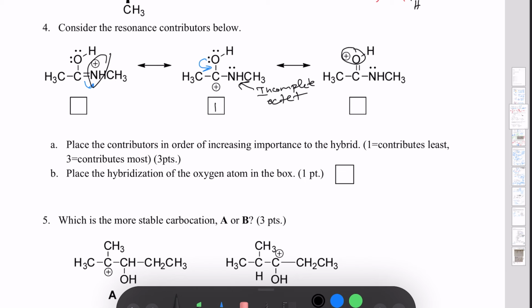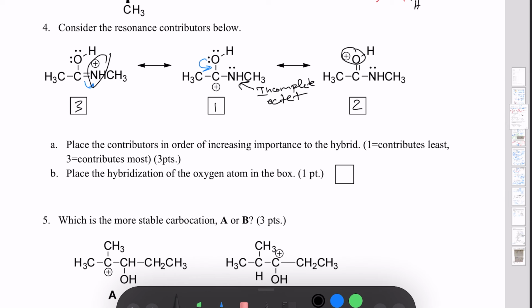But in this case, we're dealing with positive charge. And since the nitrogen is less electronegative, it's more electropositive. So it's able to possess positive charge in a more stable manner. So when you compare the two, it becomes clear that the nitrogen is a more stable one. So it's in fact the resonance structure of higher importance. So we can list this as 3, or the one that contributes the most, and the one to the right